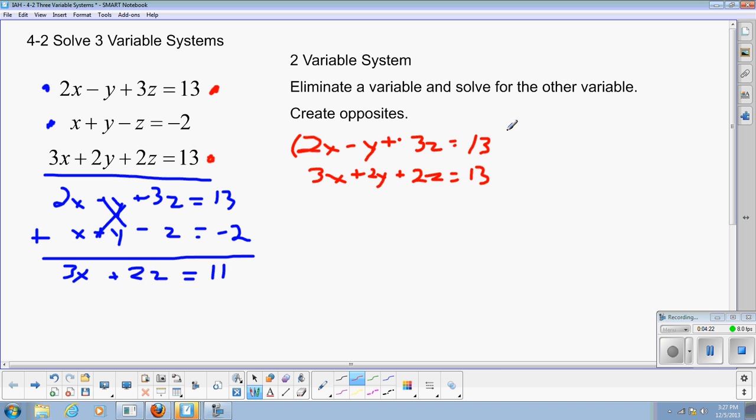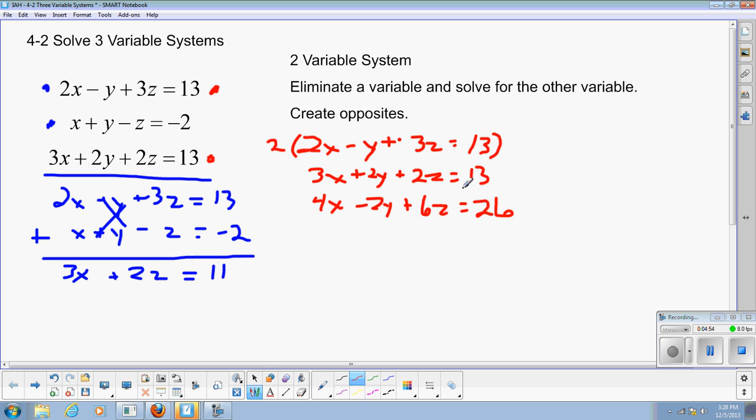The nice thing is I'm going to multiply the top equation by 2. I'm going to keep the bottom equation as it is. When I multiply 2 times this minus y, I'm going to get a minus 2y. So I'm going to multiply 2 times 2, I get 4x. 2 times the minus y, minus 2y. 2 times 3z, plus 6z, equals